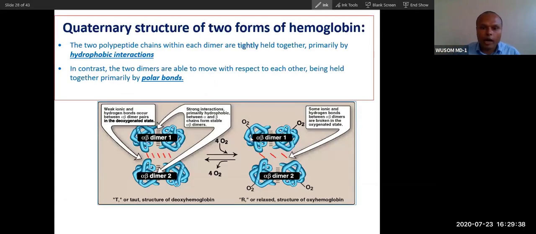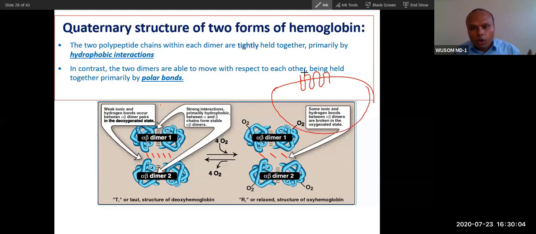Now you can see this is quaternary structure. The structure of oxygenated heme and deoxygenated heme are a little bit different. This will give you a clue to other proteins also. When something binds to other proteins, for example a receptor, like a G protein coupled receptor, if glucagon binds here, binding of glucagon will change the structure of the whole receptor, and because of this change in structure, there will be activation of G protein.